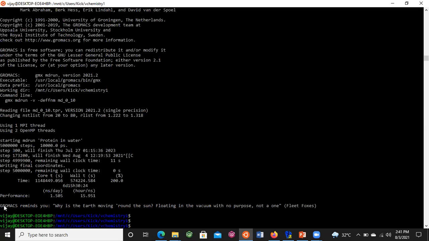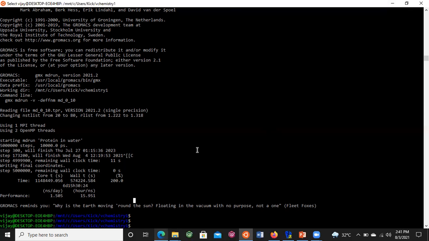And here we can see the message "why is the earth moving around", the usual message that GROMACS shows after the completion of a process, quoting the words of known scientists. Since no error occurred, we can move to the next step, the analysis of the protein ligand complex.